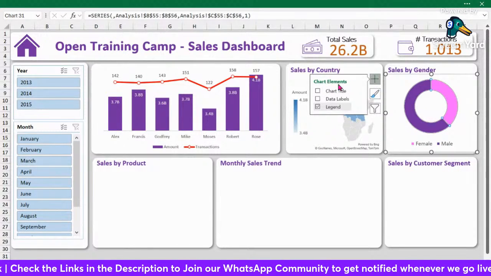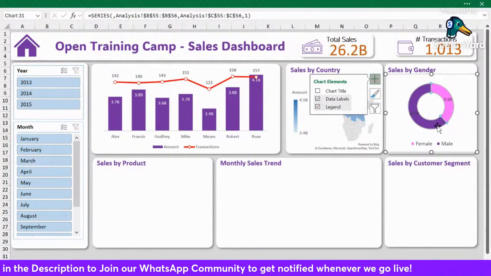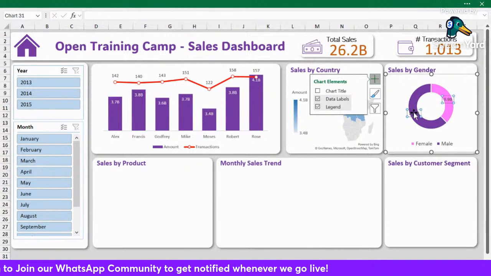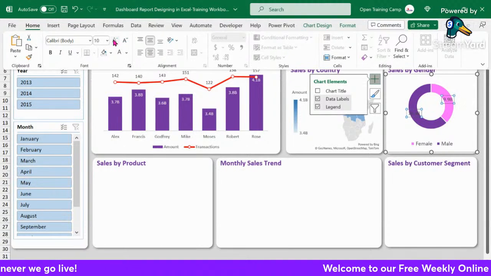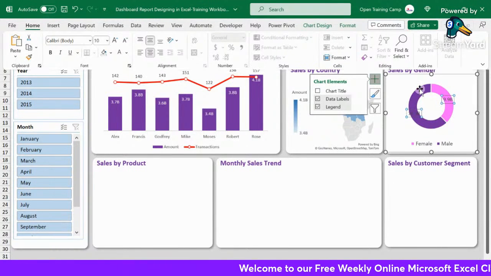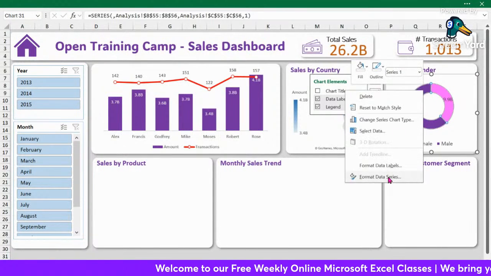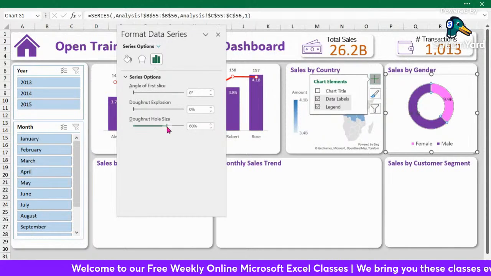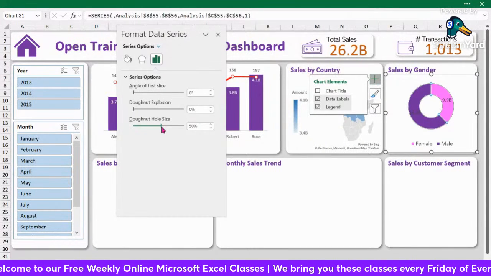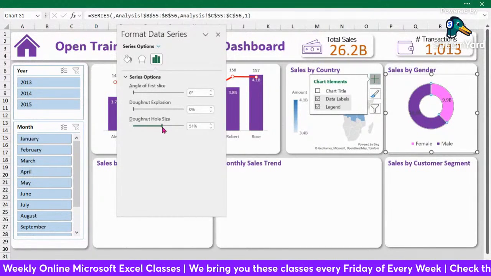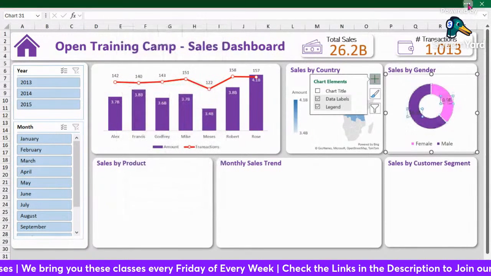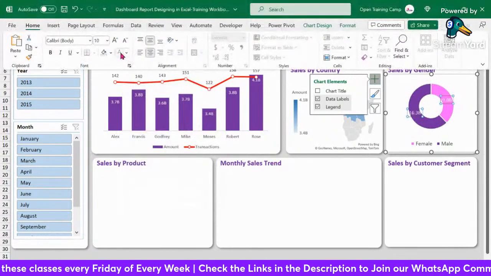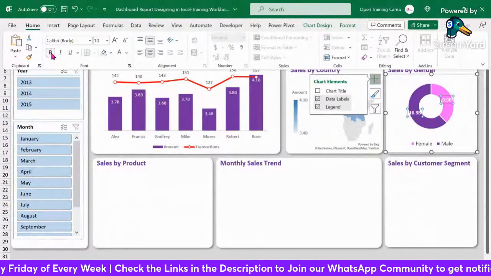And because I want the total numbers here, I'll just create another text box. Or let me just activate the data labels here so that we can see the numbers as well. Let me just format the numbers. Maybe I can increase the size. So this one calls for increasing the donut hole size so that our numbers can show properly, like so. And let me just click on the labels and change the color, make it a little bit bold so we